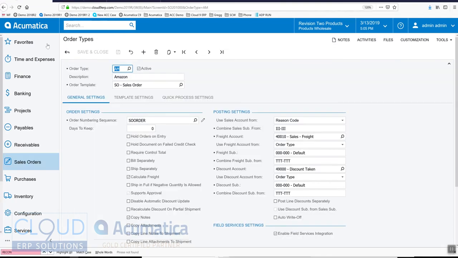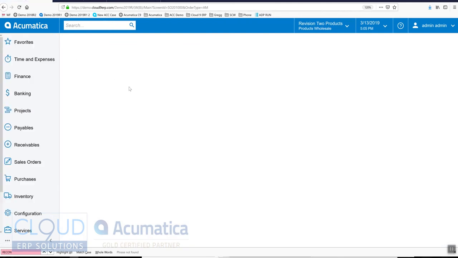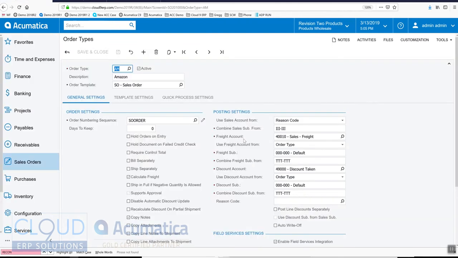If we go back to order type and refresh that page, you now see a default reason code. Here what we can do is choose our Amazon revenue reason code. It's now tied to this Amazon order type, and we can save it. We can create another one for Walmart. We'll set the sales account based on the reason code, and we'll choose Walmart